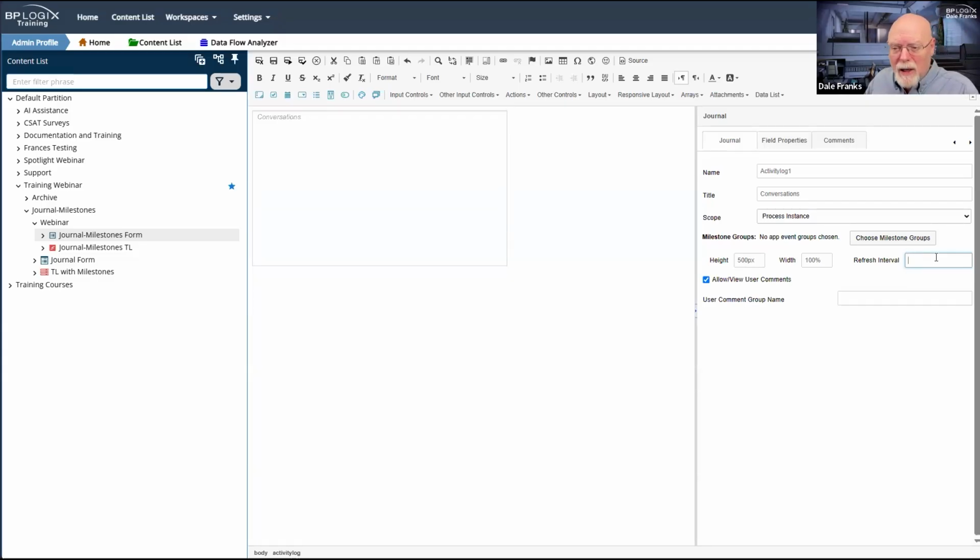However, again, we get into the situation of what if this is a form that a lot of people are looking at and multiple activities are running at the same time? So there are multiple approvers, and there may be multiple conversations. Having it refresh only when I open the form might not track everything that's going on well enough for me to follow.